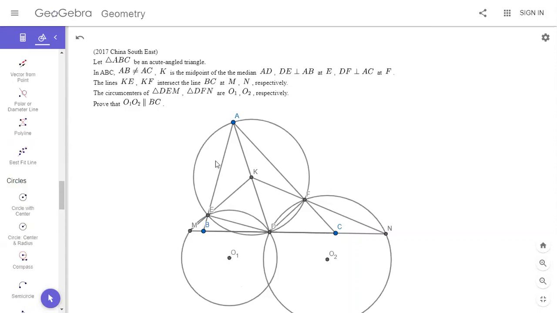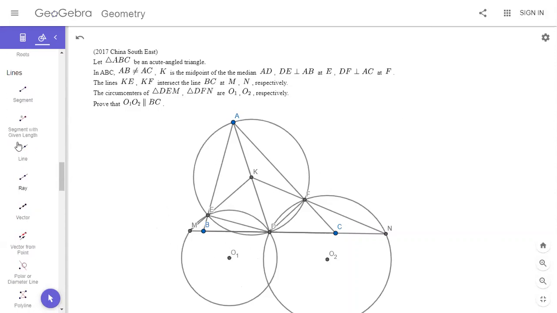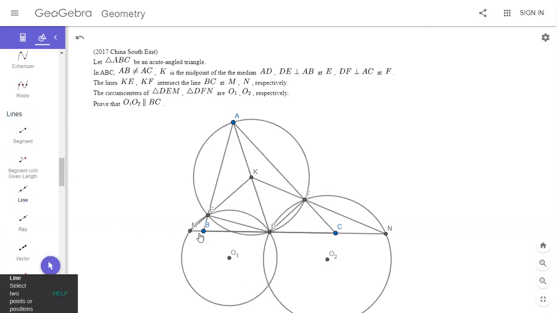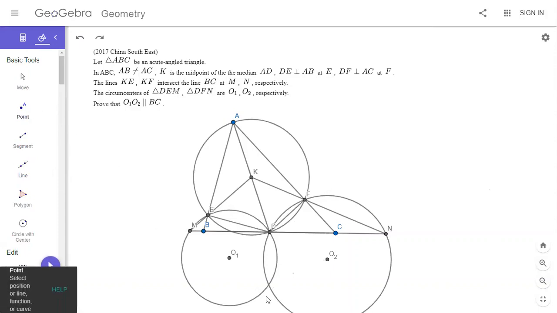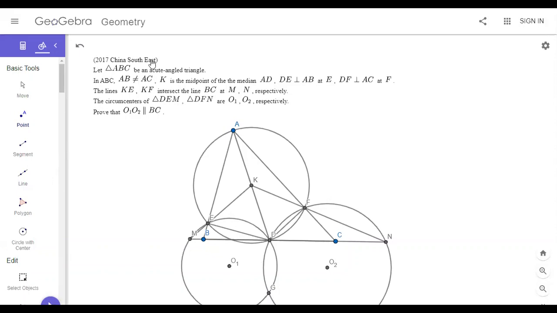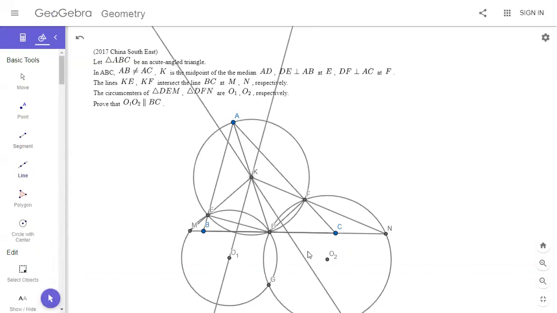That means, I think, like MO1 and NO2, if we can show they pass through that point, then we're good, right? That other intersection point. So yeah, that's the same as saying MDG is 90. KO1 looks parallel to AB. It does look parallel. And KO2,